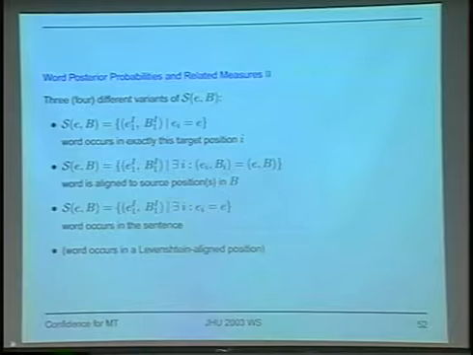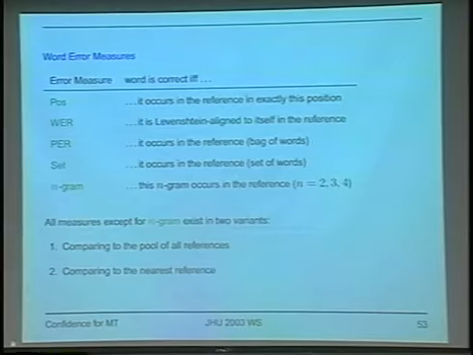And the fourth probability, which unfortunately did not make it into the data, but is under construction, is checking whether the word occurs in a position that is Levenshtein aligned between the hypotheses. Okay, so now